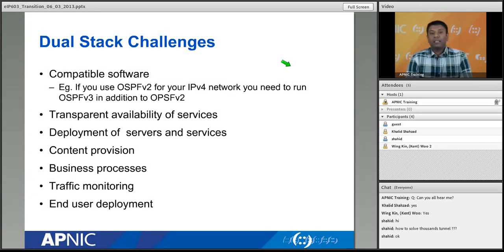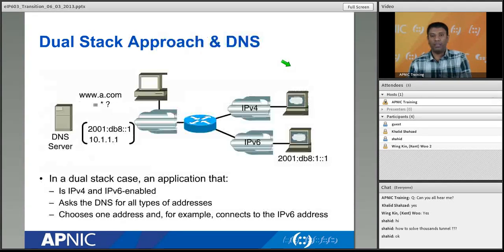Sometimes in the telco network, when they have RF, radio frequency, on the access side, they don't want to deploy dual stack because they always would like to deploy very lightweight devices. Dual stack is a heavyweight device. We have to carry so many signals because of one v4 and one v6. So they prefer only one, either v4 or v6. So dual stack has some challenges on that side as well.